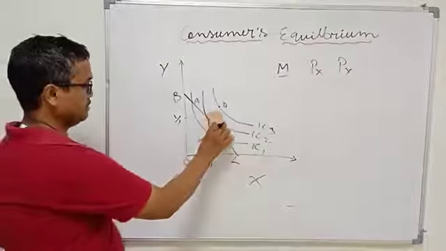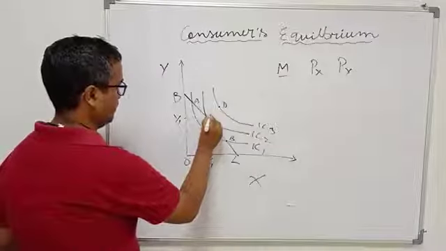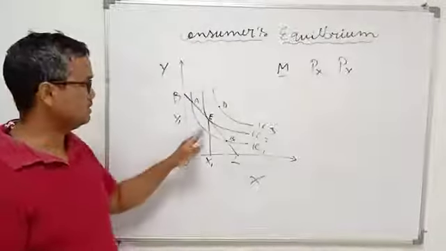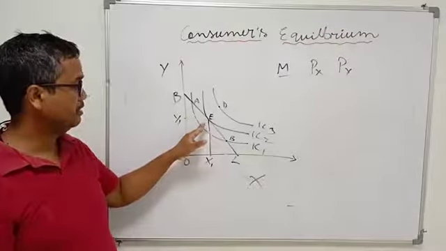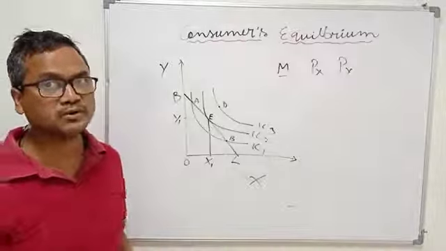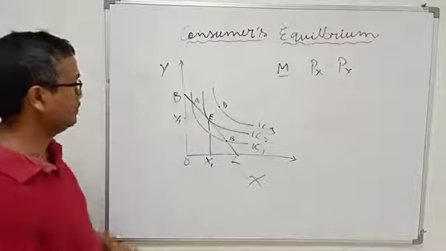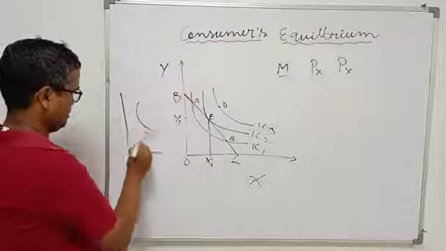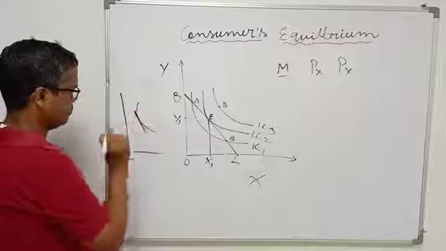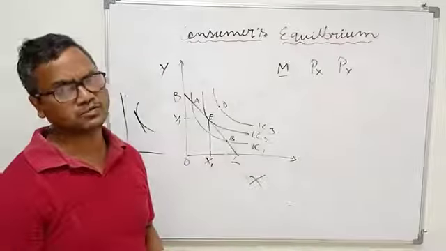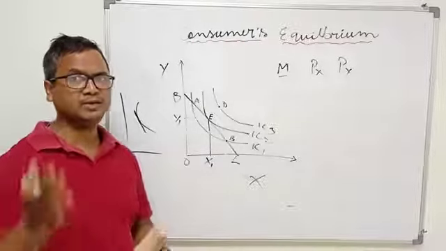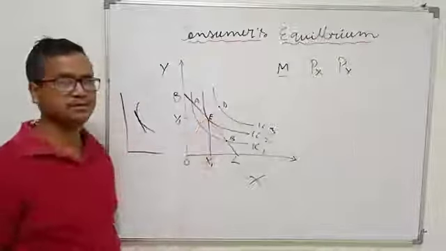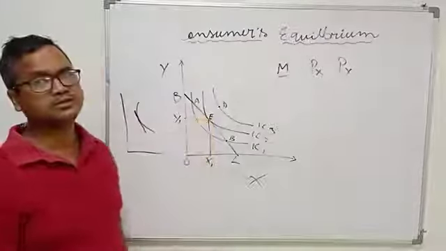Normally in economics we represent equilibrium as E. Instead of C, you can call it point E. So the consumer is in equilibrium when he or she gets maximum satisfaction. How to know that? For that purpose, the consumer has to fulfill one condition. The condition is that the slope of the indifference curve should be equal to the slope of the budget line, or you can say where the indifference curve is tangent to the budget line. At this point only, this condition is fulfilled.